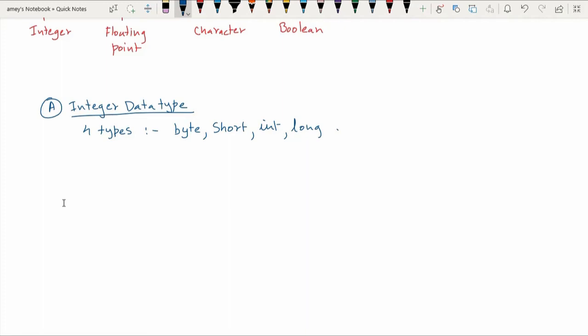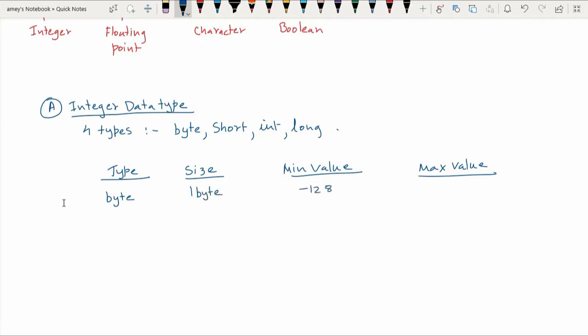Now let's see the different types, their sizes, their min value and their max value. The first integer data type is byte, and the size is exactly 1 byte. The minimum value is -128, whereas the maximum value is 127.